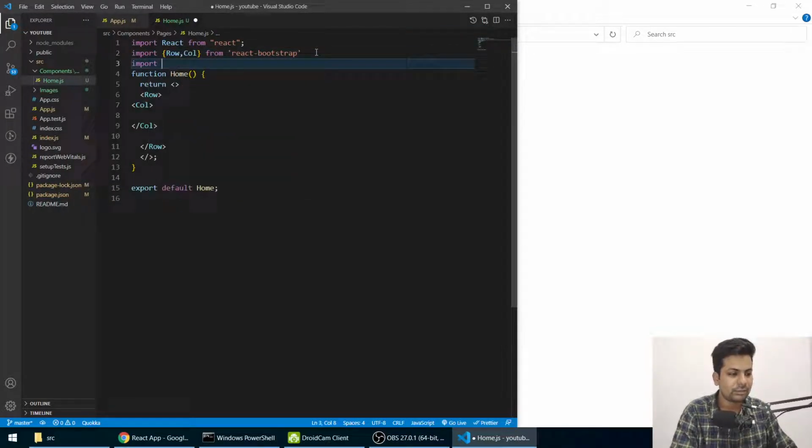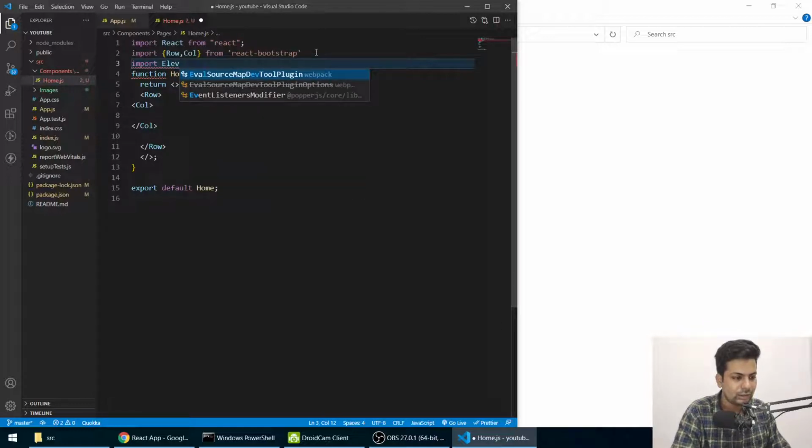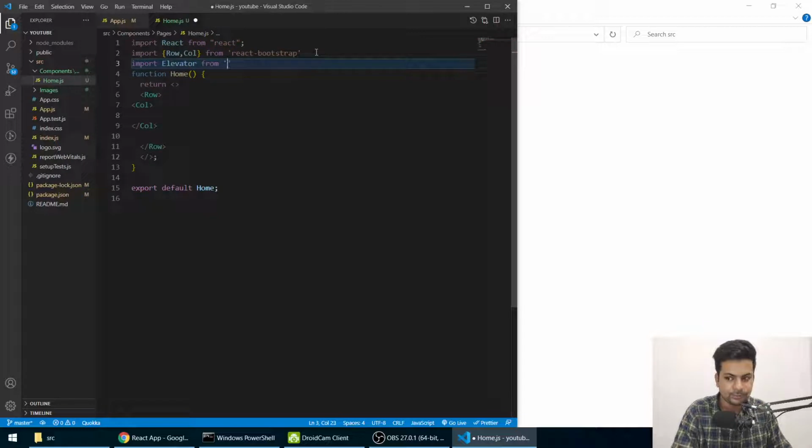So for that I'll import the image. Say import elevator, whatever name you want to give, from dot slash dot slash images slash elevator dot jpg.